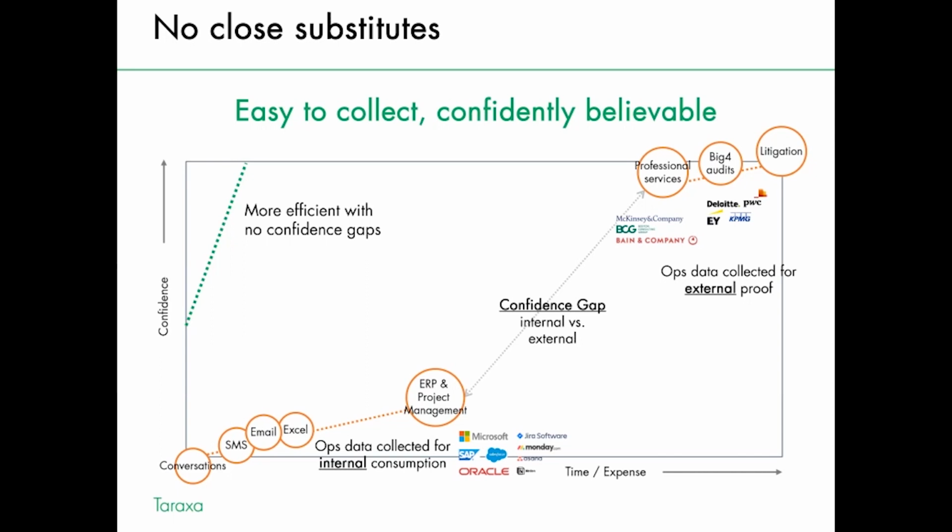So what is unique about this type of application that we're building, right? So if we're looking at two axes, we're looking at the confidence of the data that you're collecting, how much confidence you have, versus how much time and expense you're expending on getting that data, right? So at the lower left corner, you have the most informal and the least confident of data types, which is a casual conversation, for example, right? You have a casual conversation and you agreed on something, right? Well, that's not very confident because no one's there to witness it or sign anything, but it costs no time,